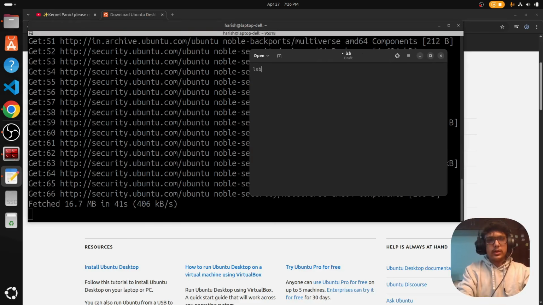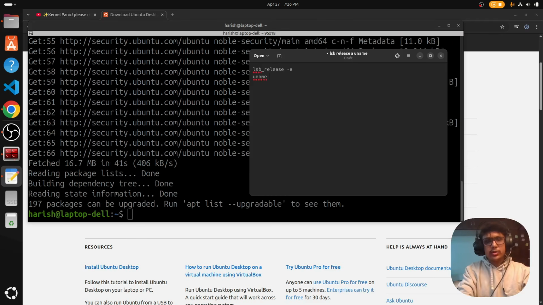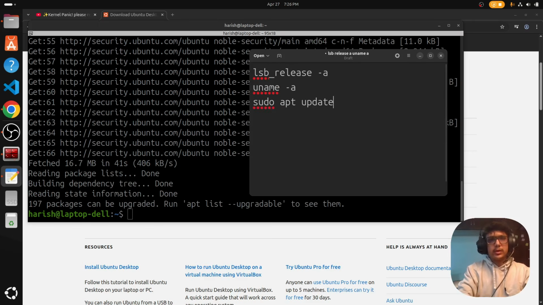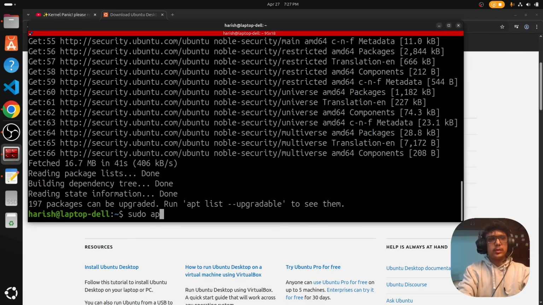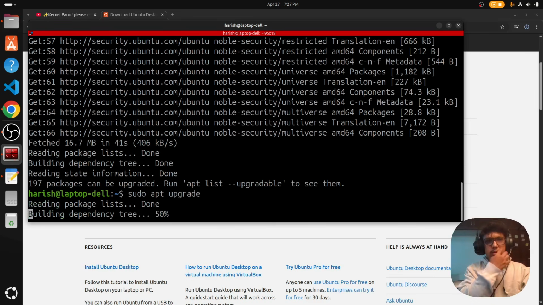First check the version and the kernel. Make sure you check all those things, right? And once you're done, sudo apt update, then sudo apt upgrade,